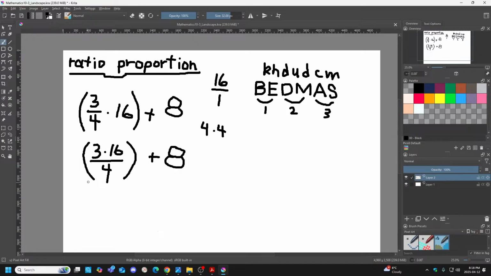If we actually factor 4 out of these two numbers, just ignore the 3. We're just going to factor from here. This becomes 1. This becomes 4. I just saved some work. You see what I did there? So now all I have is 3 times 4. This is simplifying it, over 1 plus 8.